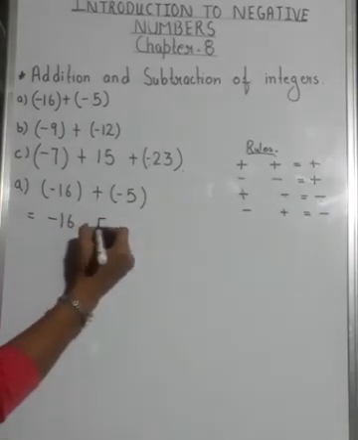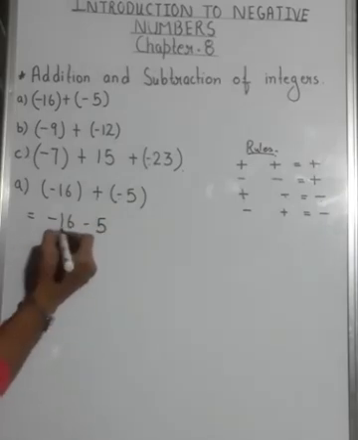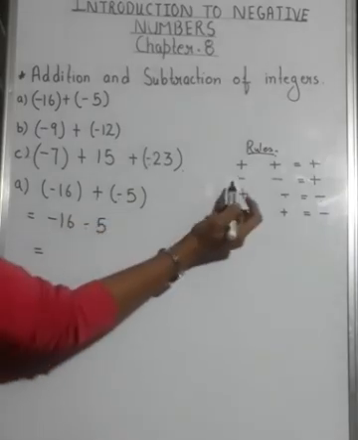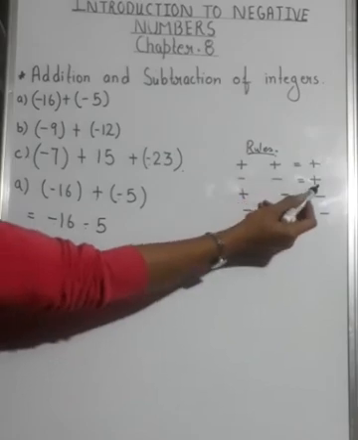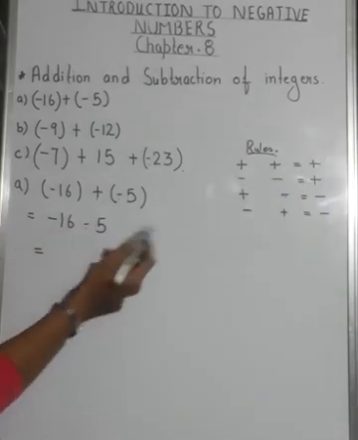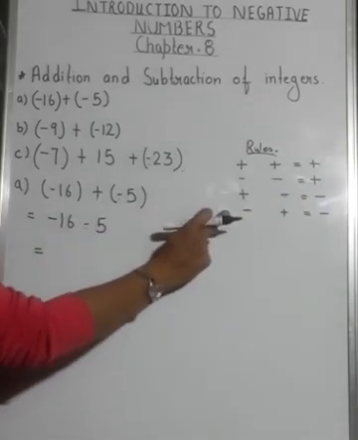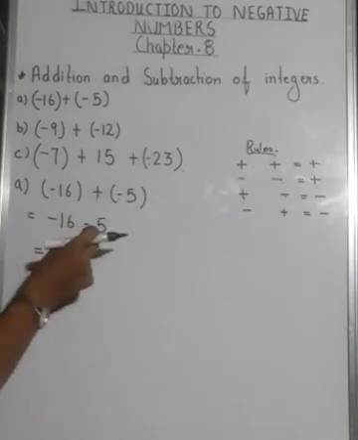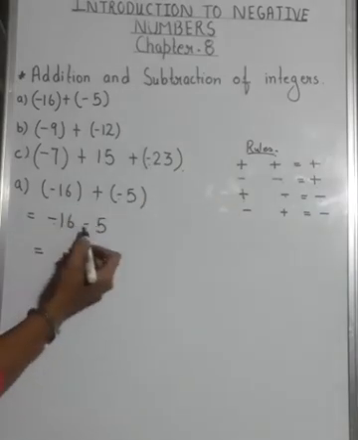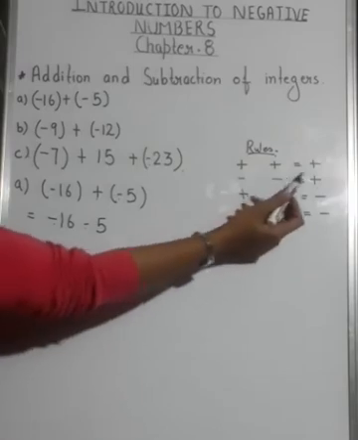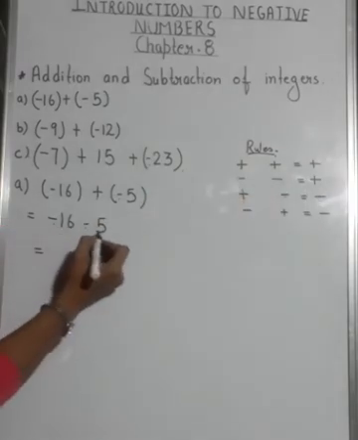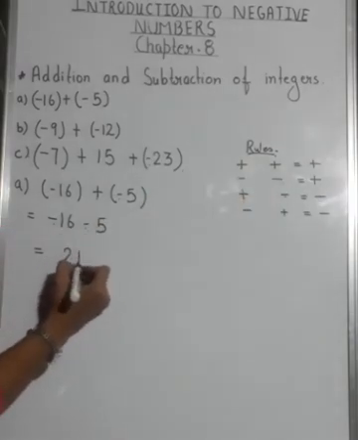So this is minus 5. Okay, and minus what I have written, minus plus. It means you have to add these two. Okay, you have to apply these operations while looking at these signs. So it is minus and this one is also minus, plus. So 16 plus 5 will be 21.